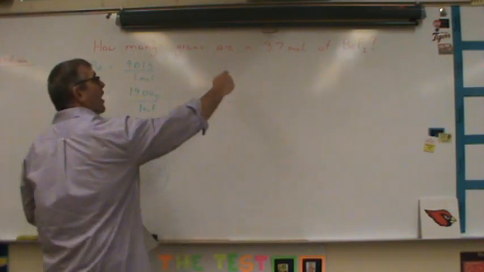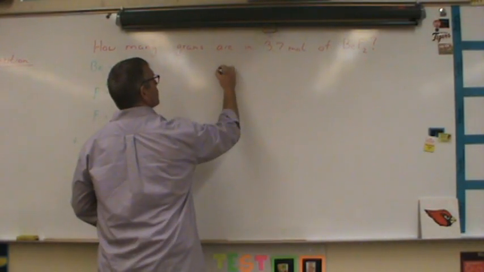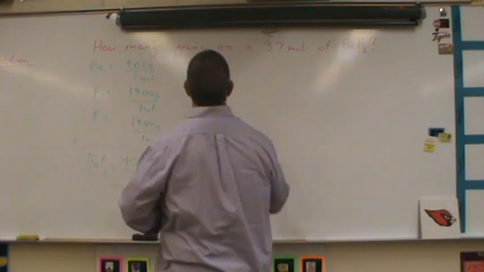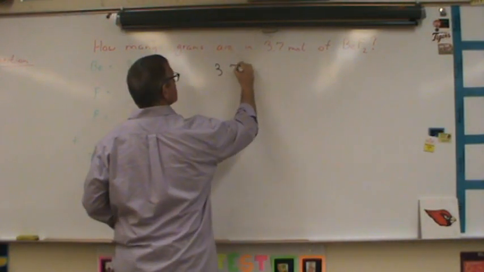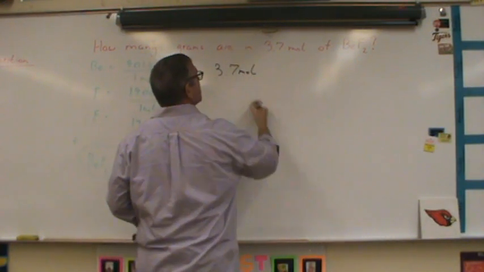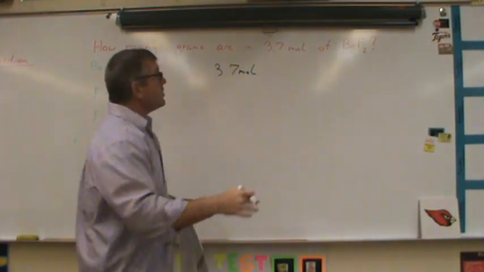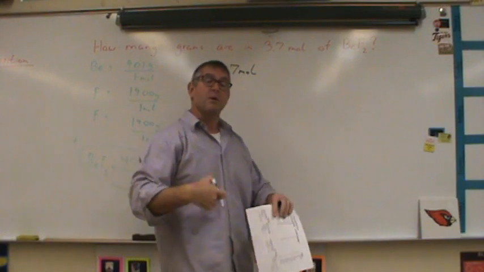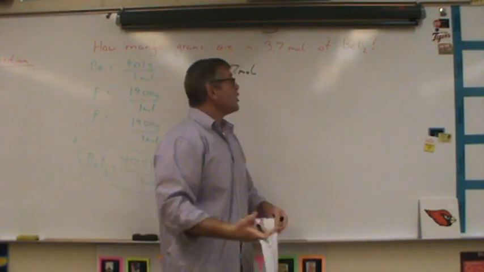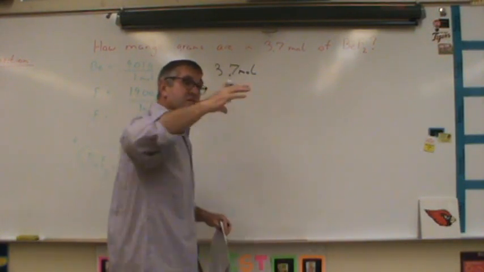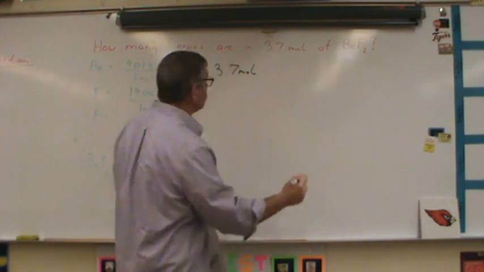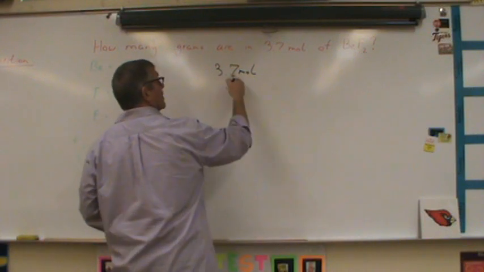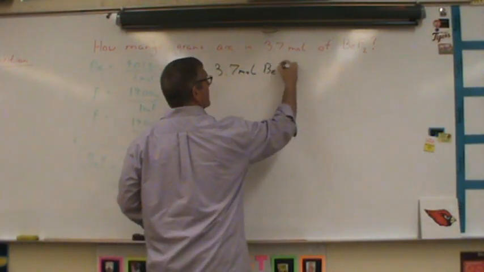All right, so we always start with what I gave you. 3.7 moles. Now, to do it more accurately, you need to put the compound. This matters down the road, not so much for freshman science, but if you take chemistry your junior year, you will definitely need to put this because it gets into a big process called stoichiometry, which again, we're not getting into right now. So we have 3.7 moles of BeF2,